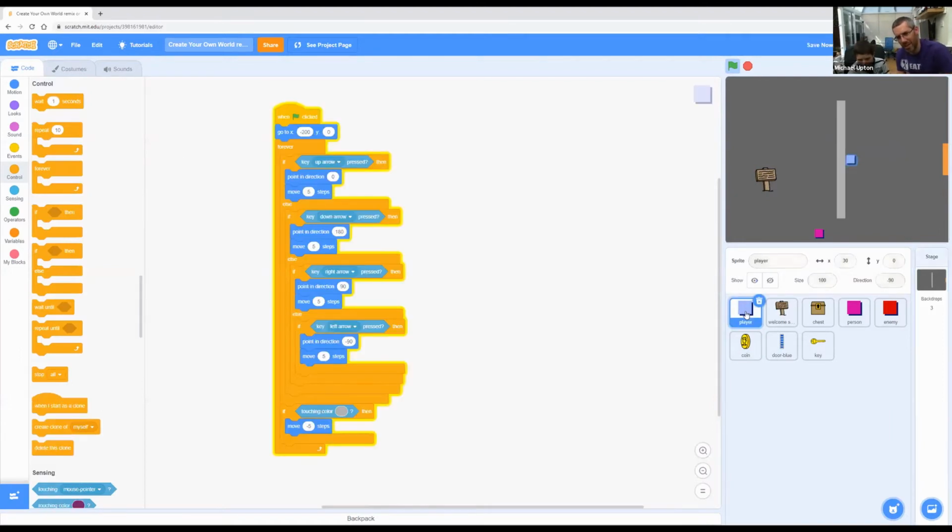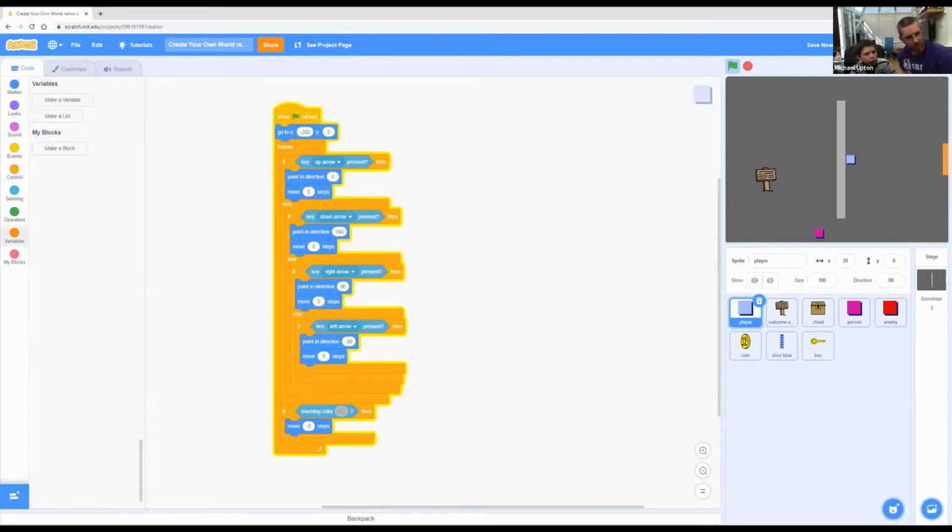Go on to the player code again. Now the first thing we want is a variable to keep track of what room we're in. Let's go into variables. I'll do this a bit slowly because this one always catches people out, where this is hidden. So what did you click on to find this? You clicked on variables on the left, under operators and above my blocks. Because some people just do my blocks. Yeah, then you're going to do